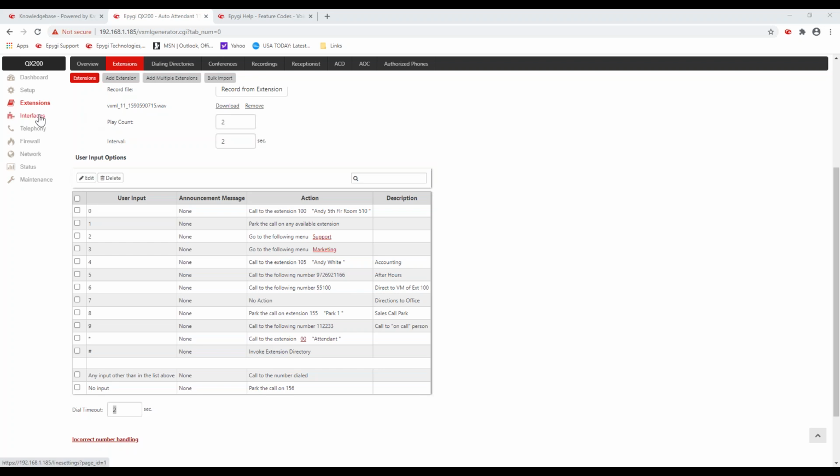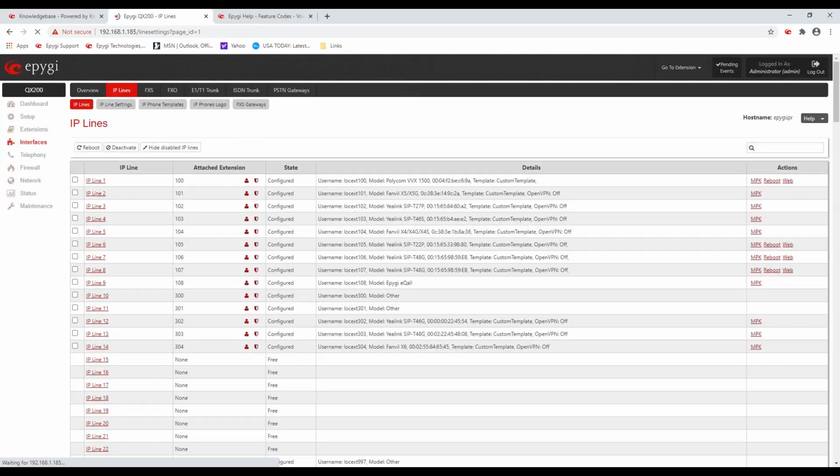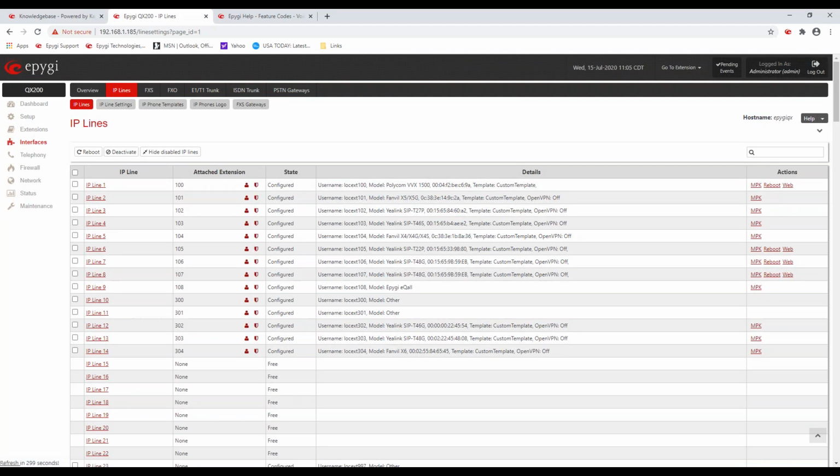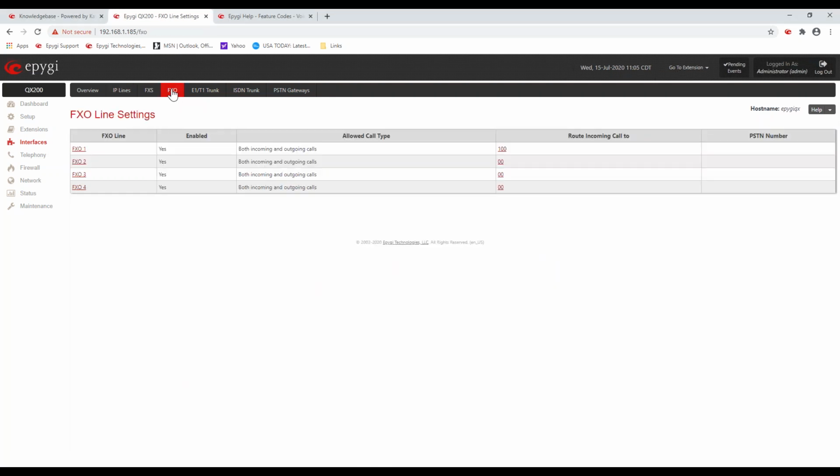Okay, let's look at some incoming calls. We're going to go to interfaces. The easiest call that you can have is an incoming call on one of the FXO ports. So at that point, you go to interfaces, FXO, and this is a QX200. It has 4 FXO ports on it. And I can click on any one of these FXOs, FXO1,